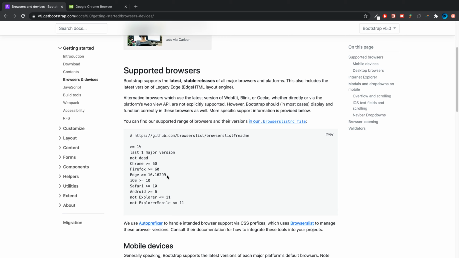Okay, same with Firefox. With Edge it is 60. Yeah, Edge had to do a weird number. Edge is 16.16299 or greater. iOS is iOS 10 or greater. Safari 10 or greater. Android 6 or greater, which is old. Like, that's super old. But it doesn't support Explorer less than or equal to 11, or Explorer Mobile less than